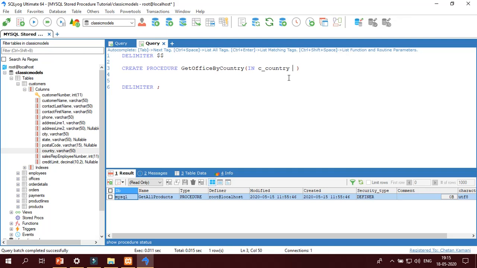The data type of this parameter must be the same as the column's data type. Here I am using this parameter for the country column, so the data type must be varchar 50. Close the bracket, then BEGIN and the delimiter.